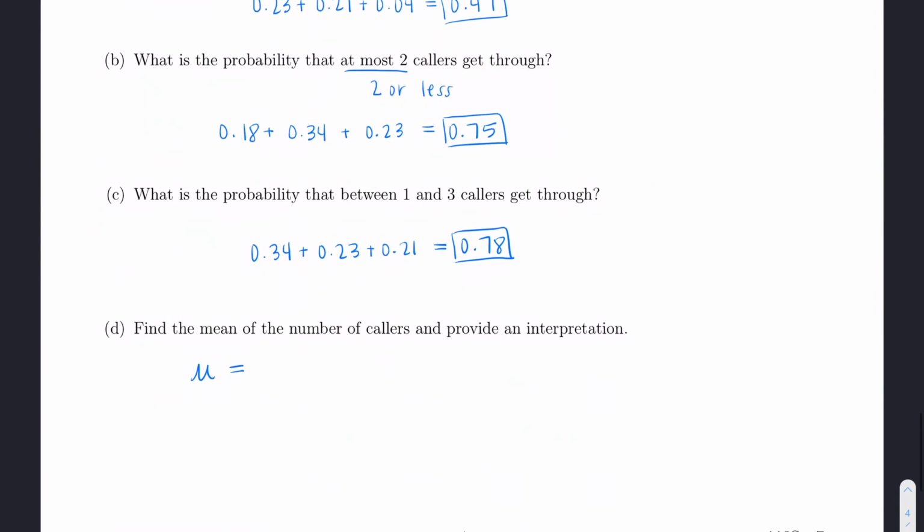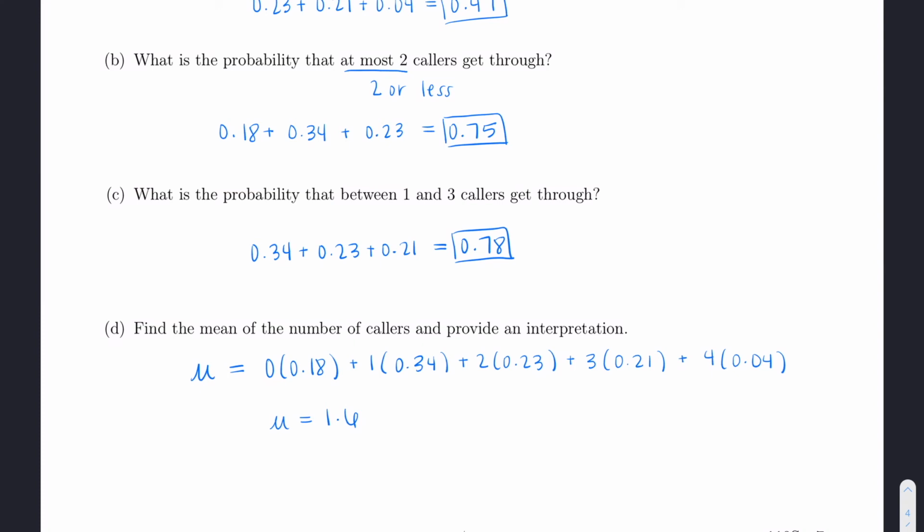So here I'm going to have 0 times 0.18 plus 1 times 0.34 plus 2 times 0.23 plus 3 times 0.21 plus 4 times 0.04. So when I'm doing this, I get 1.6. And so here you would interpret this by saying we would expect 1.6 callers to get through, but